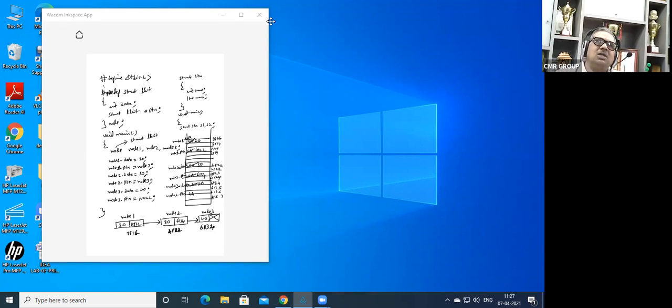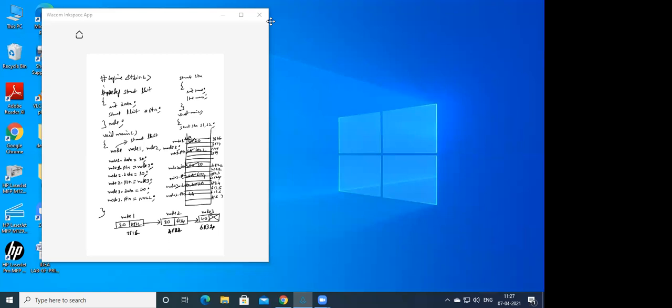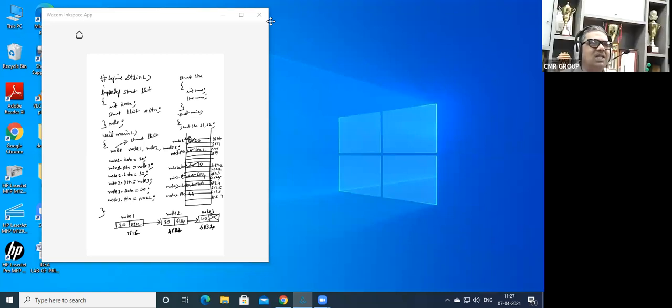How do you say that you have reached the end of the train? Have you seen a goods train anytime? First is the engine, and the last is always a guard. Same thing here also. The engine is the starting, and the end is going to be the guard for us. The same way we are going to go ahead. Are you getting the point or not?